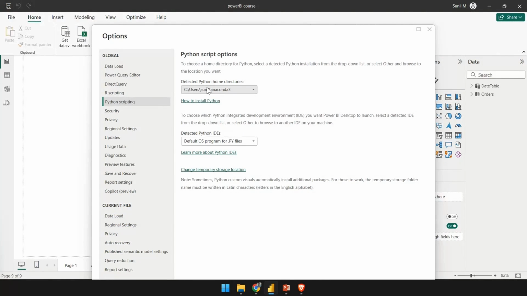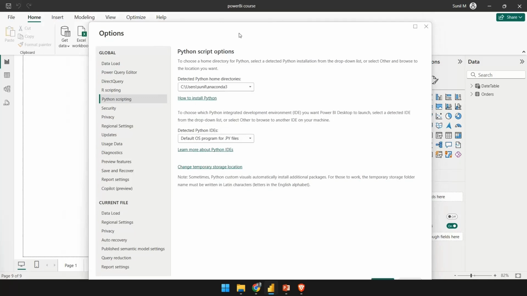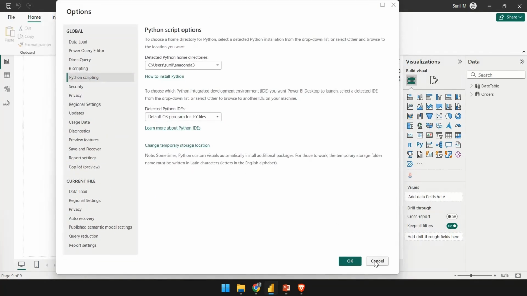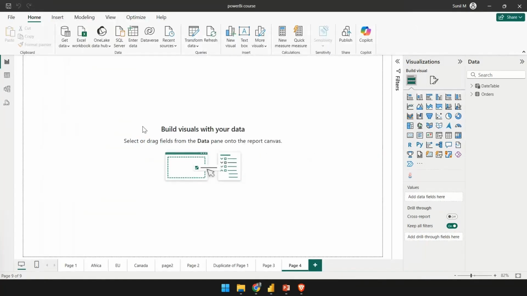So basically it would just integrate the Python to your Power BI. After it has integrated the Python and Power BI, what you can do is create the visuals with the help of it, and also bring in the data. I'll show you how you can find the option to bring in the data with the help of R script